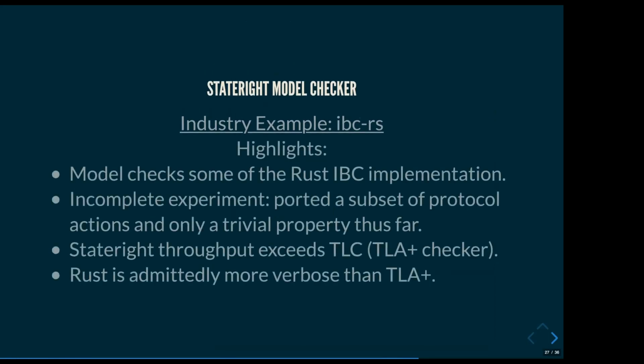So just as far as takeaways, this experiment was able to model check some of the Rust implementation. It's important to point out it's incomplete. It only ported a subset of the actions, and so far the property that's been checked is relatively trivial. But some takeaways here are that we were able to actually run the real system code, and the Stateright throughput happens to exceed TLC, which is the TLA plus checker. There's more performance comparison in the book